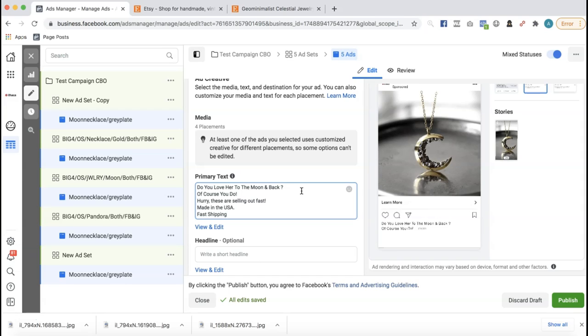So I'm not gonna write 20 lines of text, but let's say that the product works, and you want to test different ad copy, which you should do, then you will try a long format copy. A long format copy will be like a story with a beginning, a middle, and an end. Okay, so you could start with "You Love Her to the Moon and Back,"